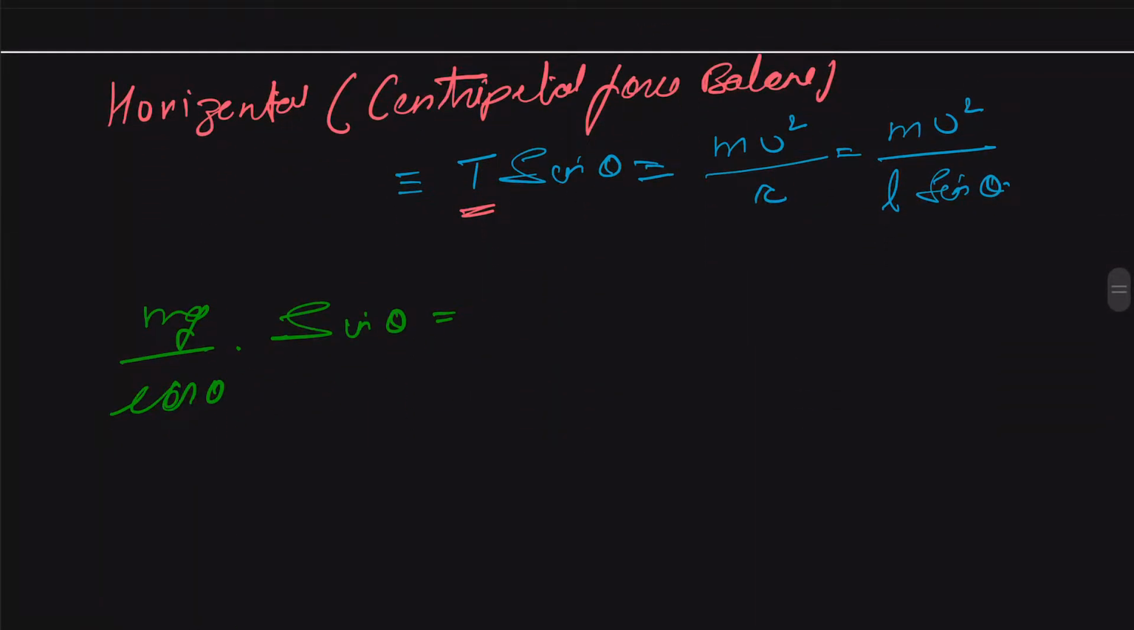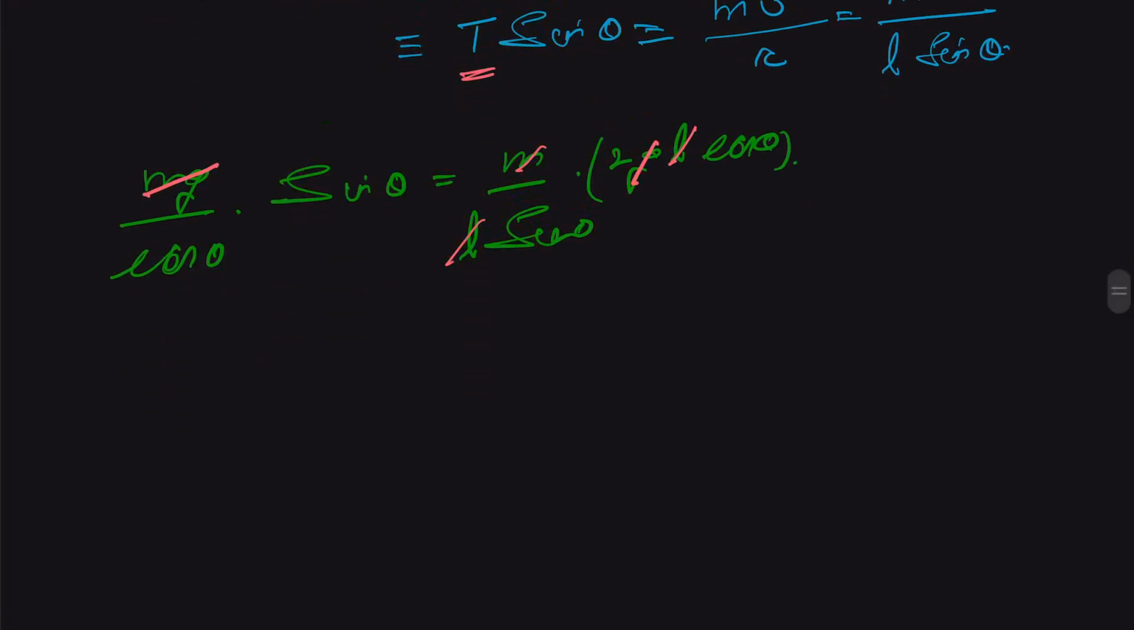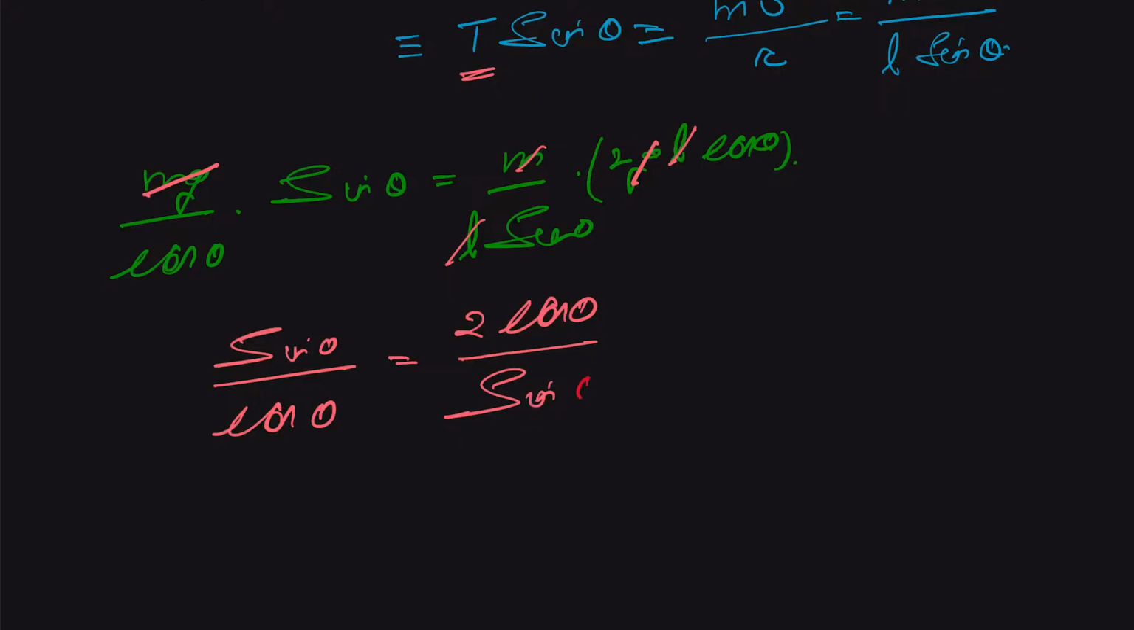So we get from here m upon l sine of theta, and this came at 2gl cos of theta, and we can cancel out our L and we cancel out our mg. So from here we get sine of theta upon cos of theta is equal to 2 cos of theta upon sine of theta,